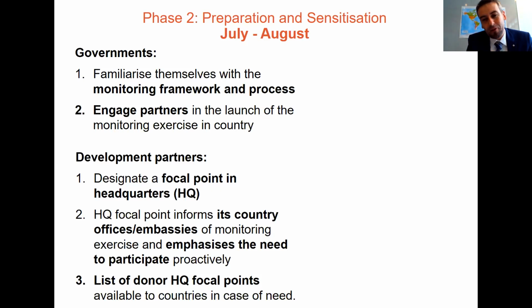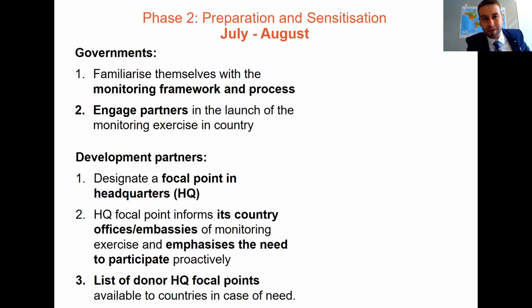And you can also think of other stakeholders that provide development cooperation. Maybe it's not classified as official development assistance, but it's non-concessional lending, loans. But that's also part of the commitments that they have made to deliver those development finance flows in ways that are aligned with the effectiveness principles. So you can also report that information in this monitoring round.